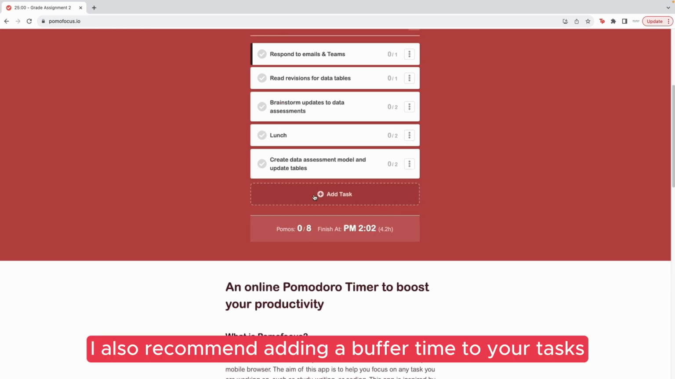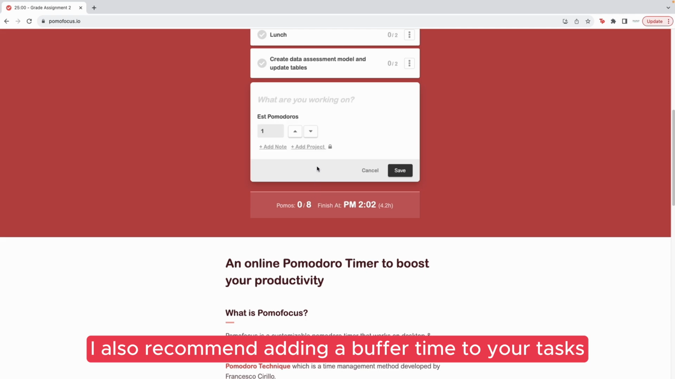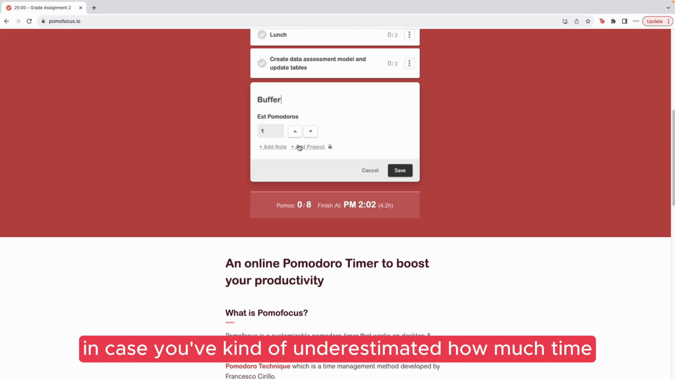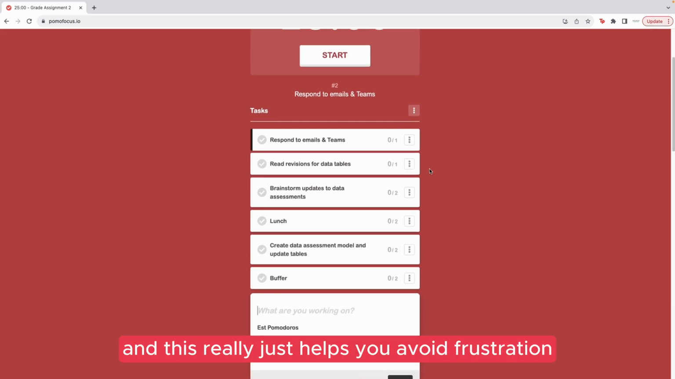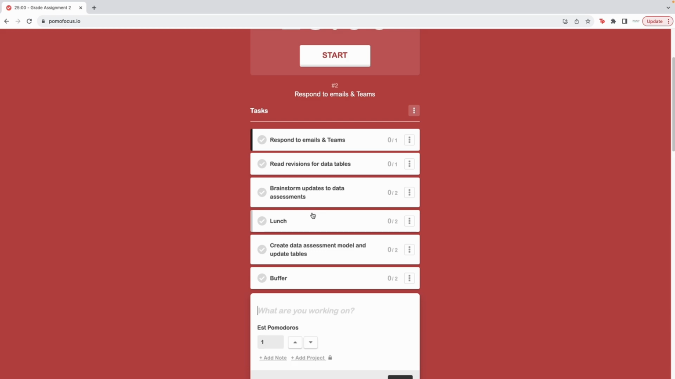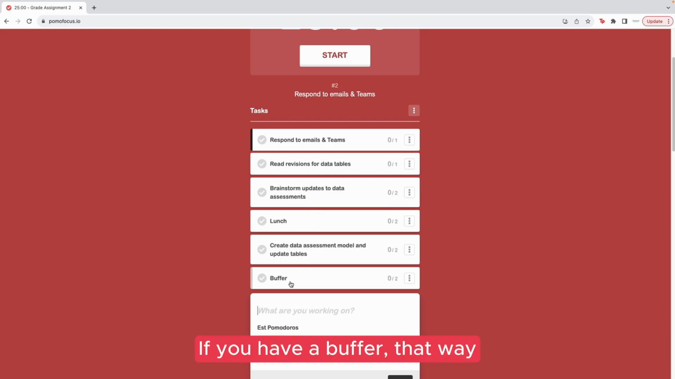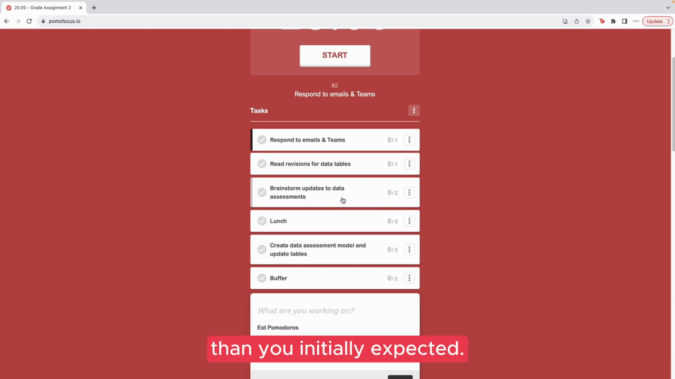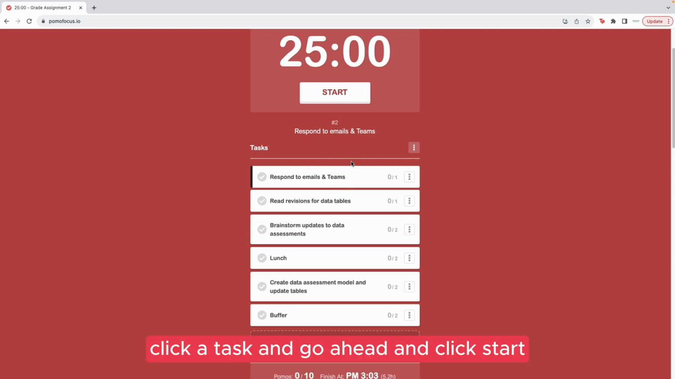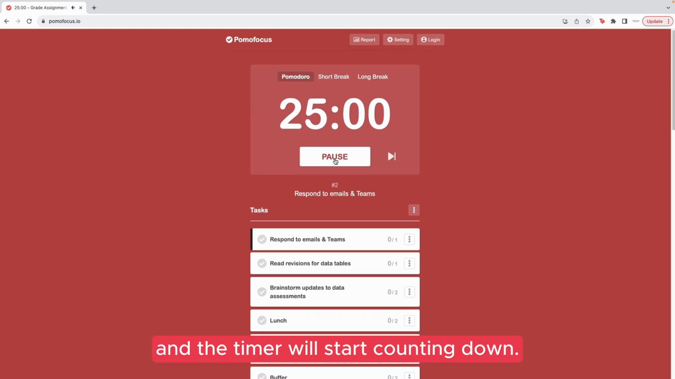I also recommend adding a buffer time to your tasks in case you've underestimated how much time a task or an activity is going to take. And this really just helps you avoid frustration, to be very honest. If you have a buffer, it's fine if you spend a bit more time on a task than you initially expected. So when you're ready, click a task and go ahead and click start, and the timer will